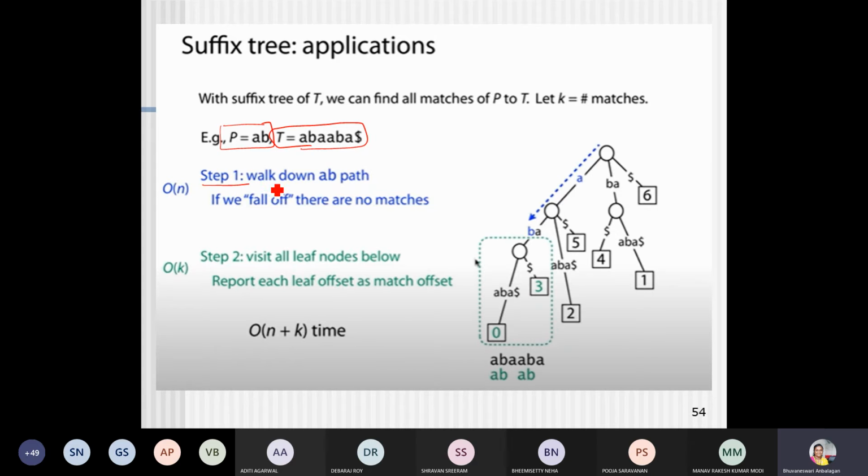So the first step is that the search algorithm will work down the path, A comma B. So I have A, BA, ABA, AABA, BAABA, ABAABA. So these are your suffixes.